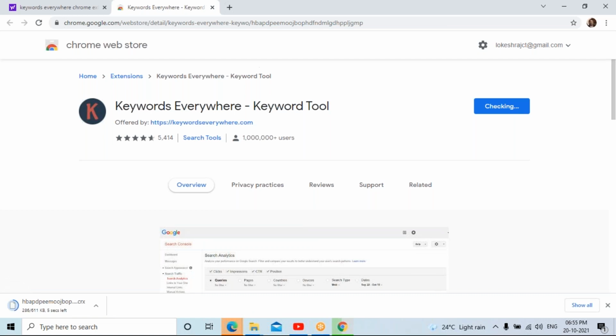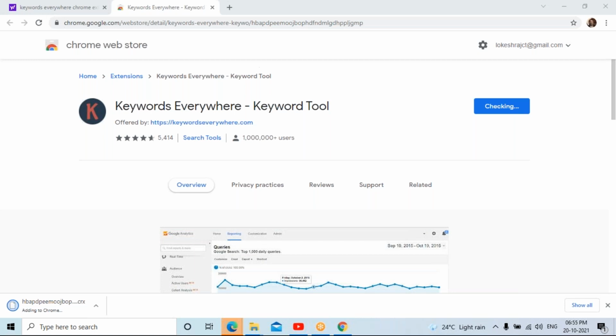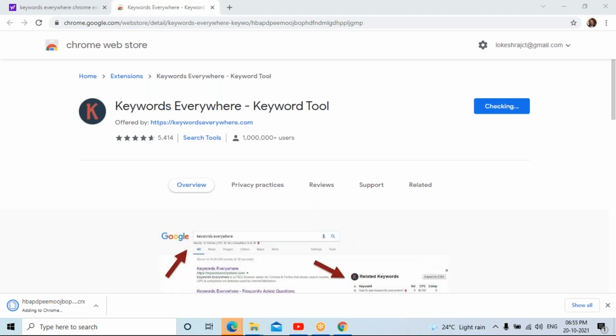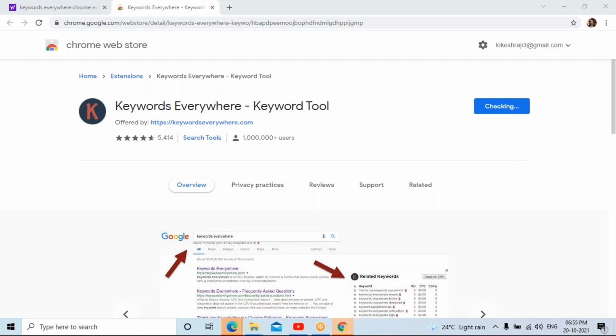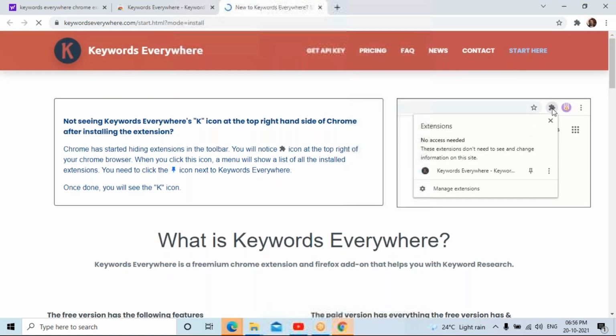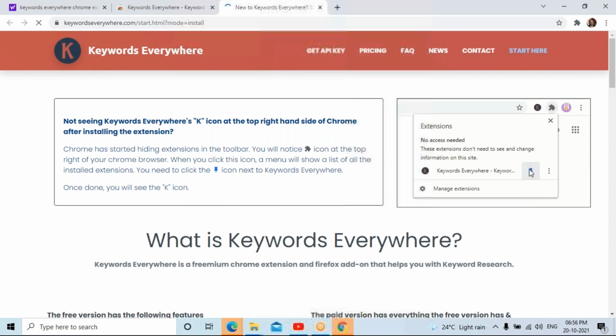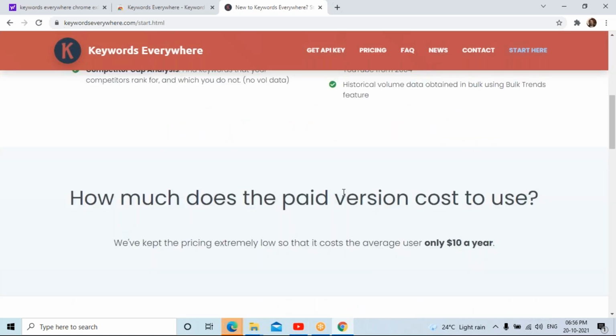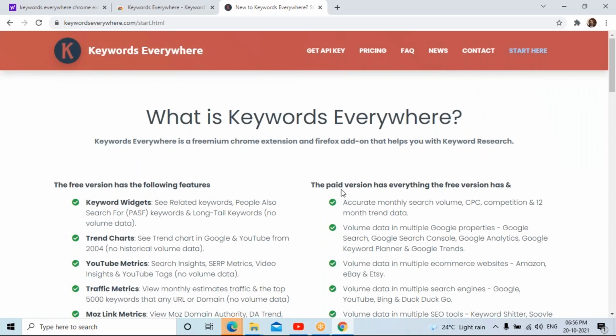It takes a few seconds. You can click on Start here, and you can get to know what things you can make use of this tool for.